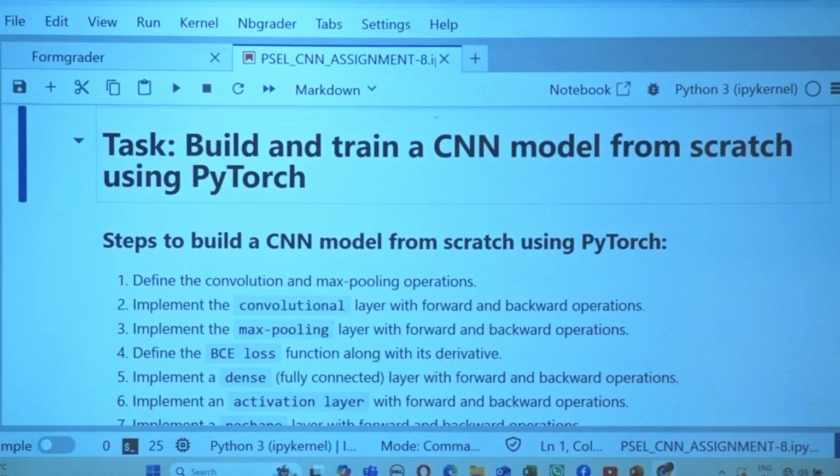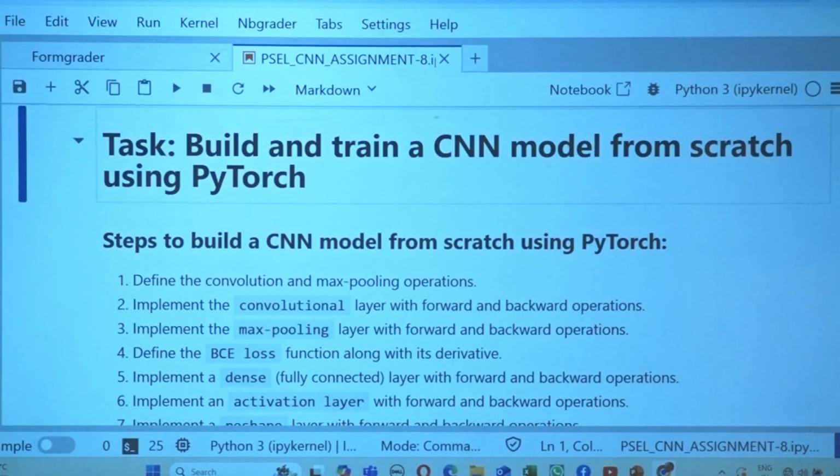Within this step, the first part, the forward pass, is completed. Do you remember? So the forward pass was completed. What are we left with? The backward pass. Once we understand how the back propagation happens in the convolutional layer, it will be easy for us to write the code for it, so that we can finish the task of implementing the convolution layer. Then we'll go to the next step of building the max pooling layer in the same way.